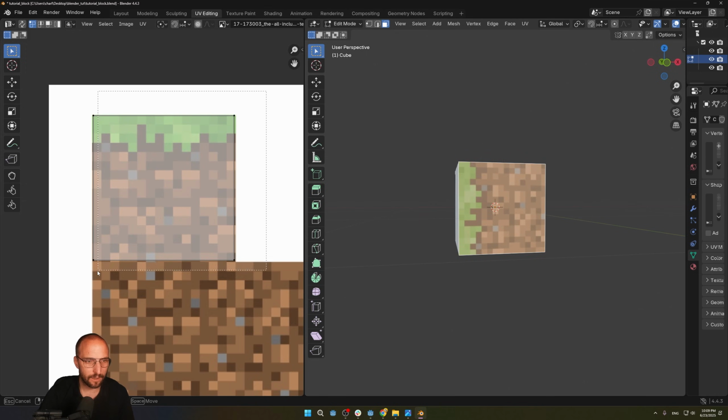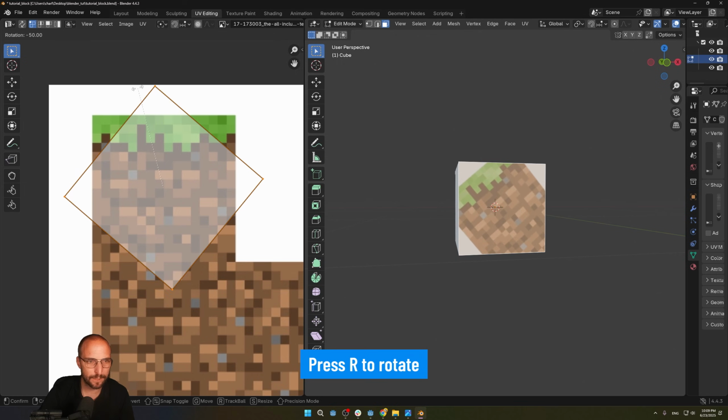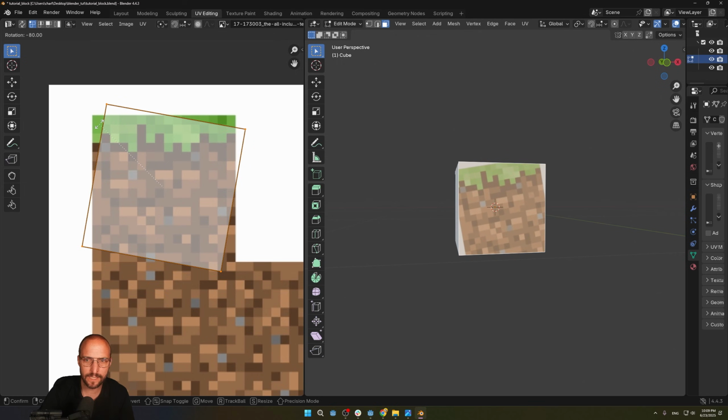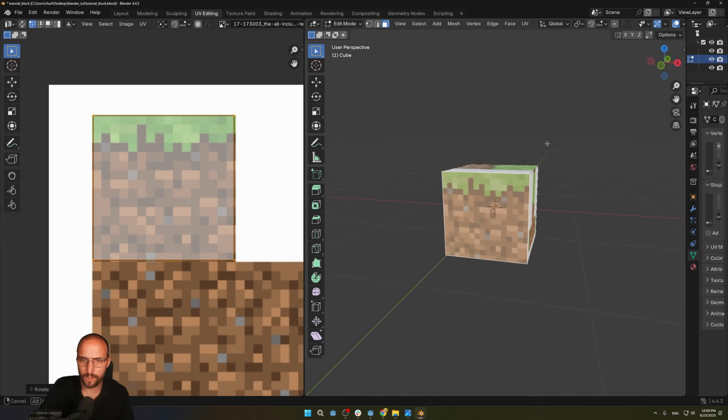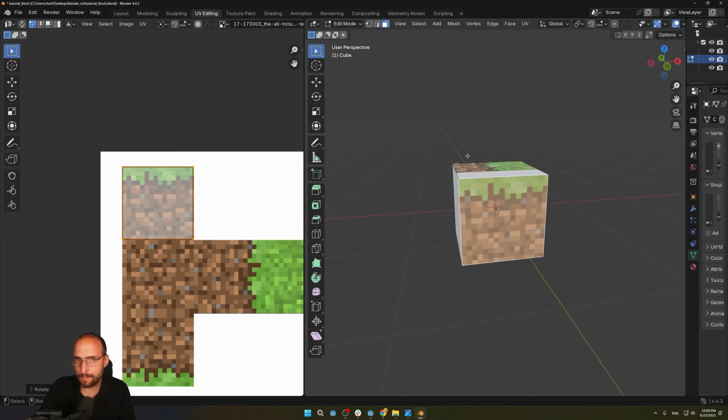Again, make sure to select all the vertex points and press R to rotate. And you can hold Control so it snaps to specific degrees. And now we've got one side fixed. Again, there's probably a better way to do this, but you're watching my tutorial video, the noob edition of how